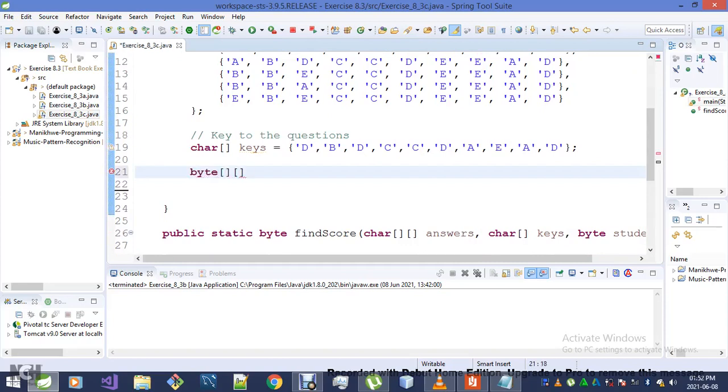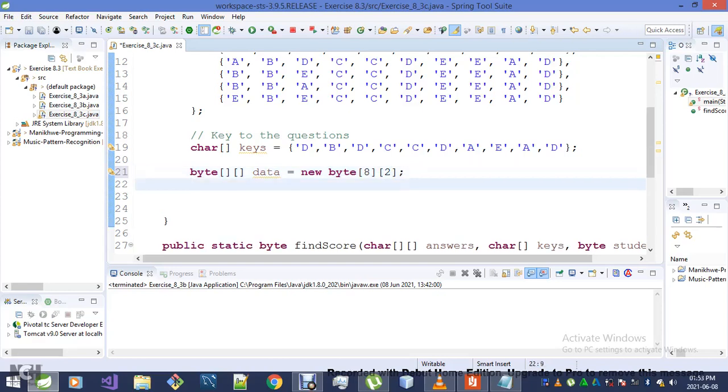the kind that will be playing around with a 2D array. So this is gonna have 8 rows and 2 columns. The first column will tell us the student ID, and the second column will tell us the corresponding score. Okay, so